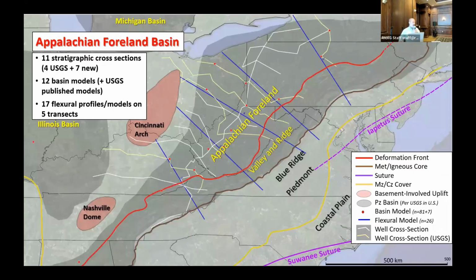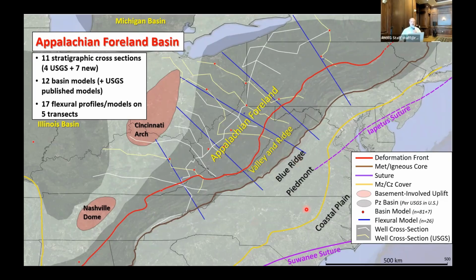We have 11 stratigraphic cross sections, over 100 wells. 7 were reconstructions of 4 high-quality USGS sections, and 7 new ones, including this long strike section that I'll show you from New York down to Tennessee. There's 12 calibrated basin models, plus another 8 from USGS. And then we have these flexural profiles, on which we have 17 different flexural wedges defined stratigraphically on these 5